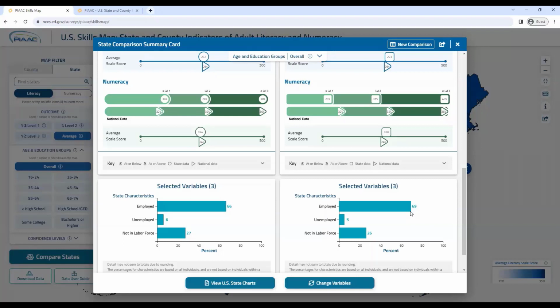An administrator of adult education programs in California or Oregon, who has to deal with large, heterogeneous populations, might be interested in seeing whether certain demographic groups are more in need of additional resources for upskilling or other focused policies. As an example,